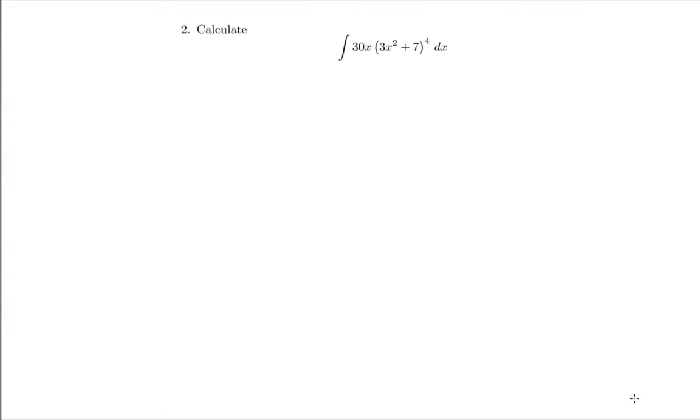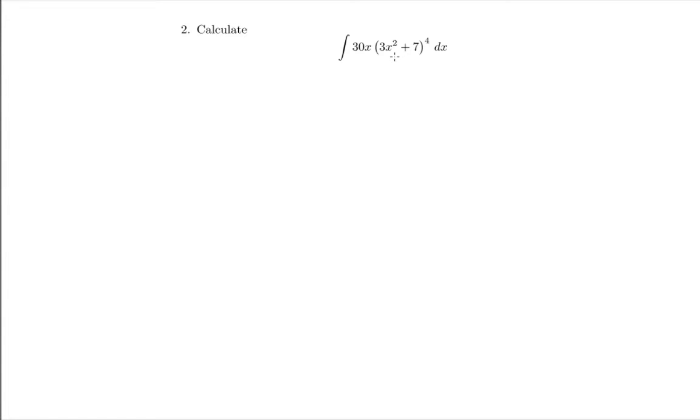Let's calculate this indefinite integral, the indefinite integral of 30x times (3x squared plus 7) to the power of 4. So in this example, again, I could maybe actually multiply 3x squared plus 7 times itself 4 times and expand that all out and use some simpler indefinite integral laws. But that's a lot of work, so what I'm going to do is use the u substitution